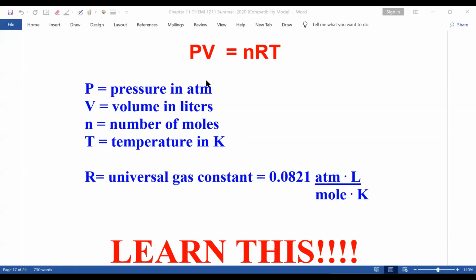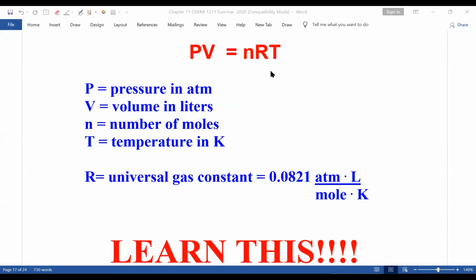All right, so PV equal nRT, ideal gas law. How do you know you're doing a PV equal nRT problem? You'll have a gas and you'll see none of the variables change, unlike Boyle's law, where either the pressure or volume changes. I'm not asking you to learn Charles' law, but this is PV equal nRT. Don't forget, in the winter when the temperature goes down, the pressure in your tires goes down, so you should check them if it gets super cold.